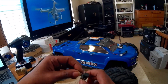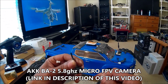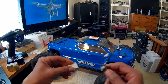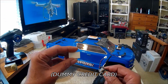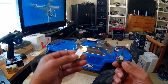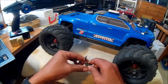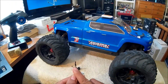I'm using an AKK BA2 camera, and this is one brand new right out of the box. You'll need a credit card, or one of those credit card offers you get in the mail all the time. I usually throw them away. I saved one, and you cut a little piece of the credit card about the size of the base of the camera. Lay a bit of hot glue on there, let the camera set, and put your Velcro on the